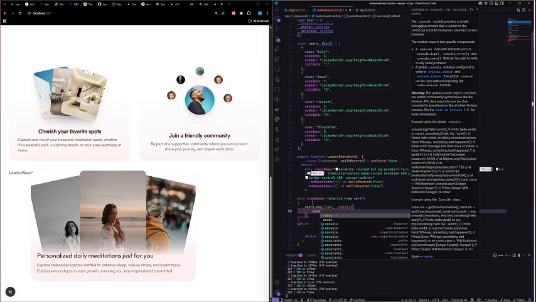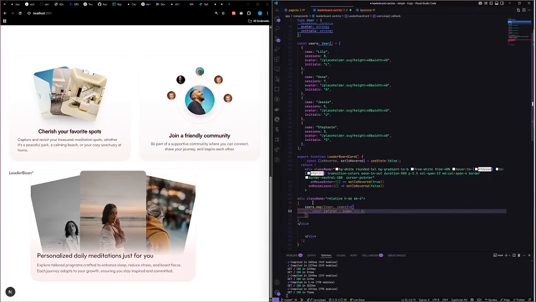So here we just say const position equals isHovered. If it is hovered, then we're going to have the state right here is a set hover, right? But